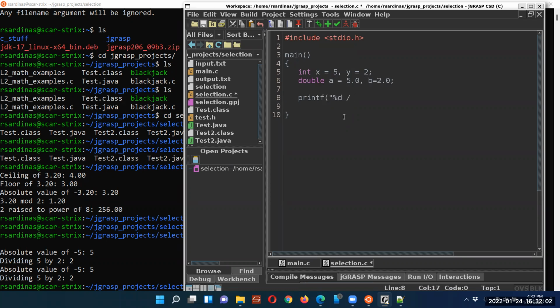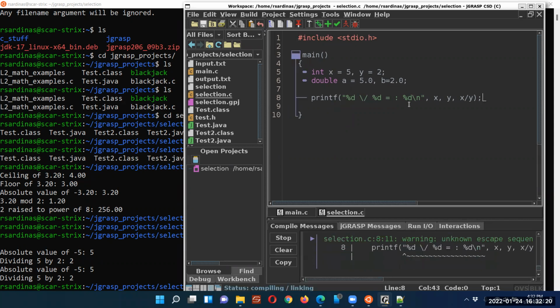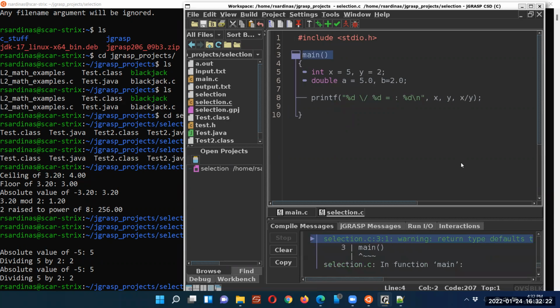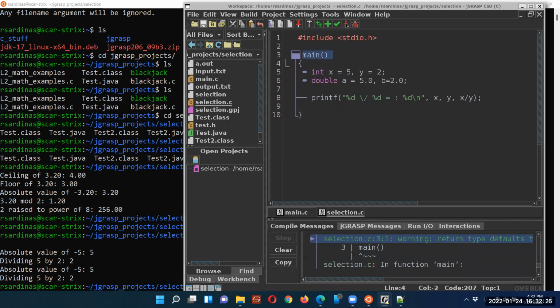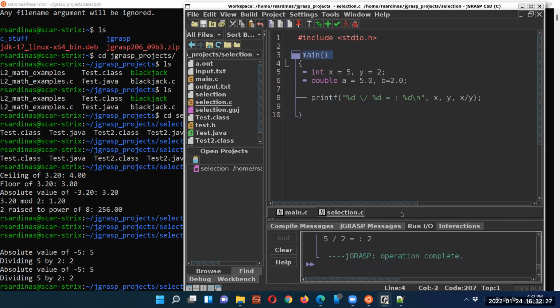x divided by y equals x divided by y. And so let's run this first one just so we can see what happens. And we run this, again, what we'll see